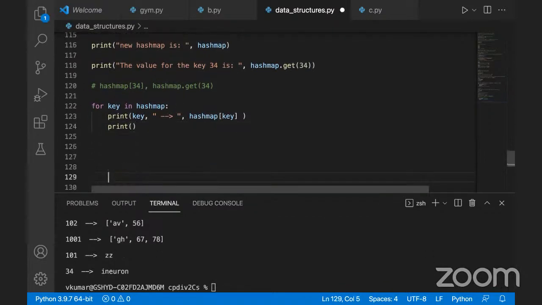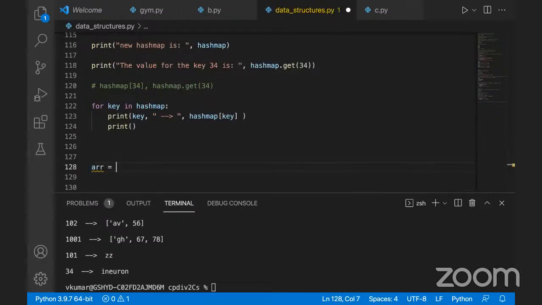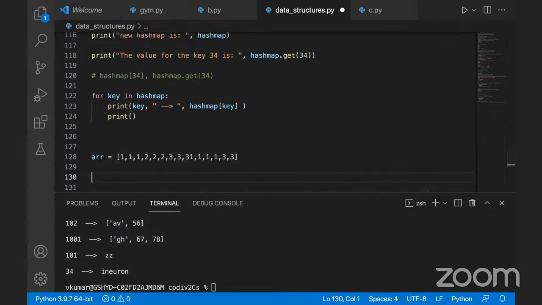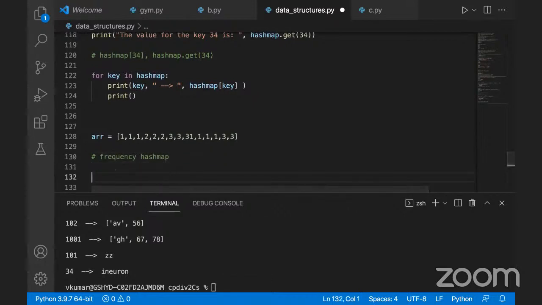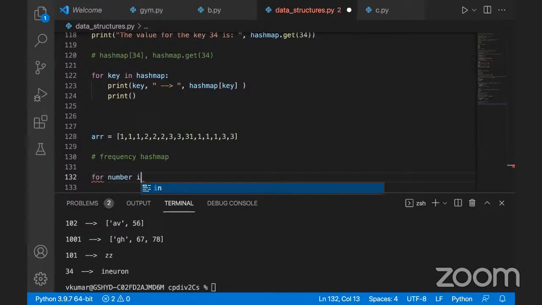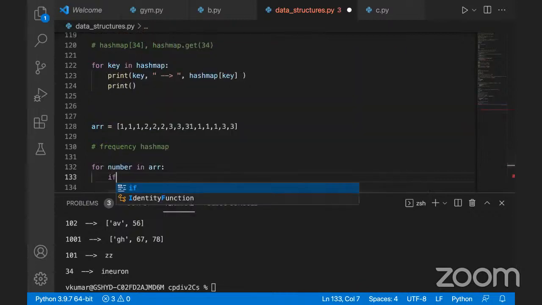Now here's the big deal. What if you want to create your own hash map? A little algorithmic part comes into the picture. So if you have an array ARR with numbers like this: 1, 1, 1, 2, 2, 2, 3, 3, 1, 1, 1, then 3, 3. If I want to create a hash map of this, not really a hash map but a frequency counter, I want to create a frequency hash map. How do I do that? I'll just loop over the array. So for number in array, I'll check if number,